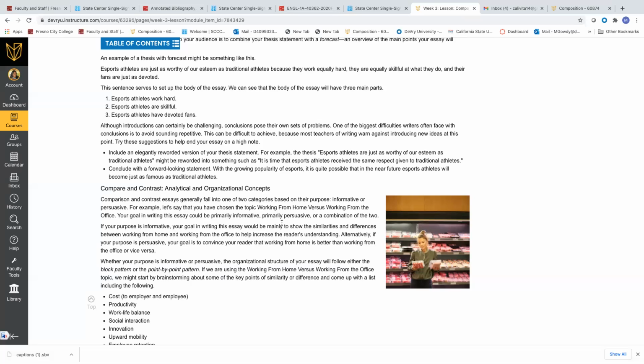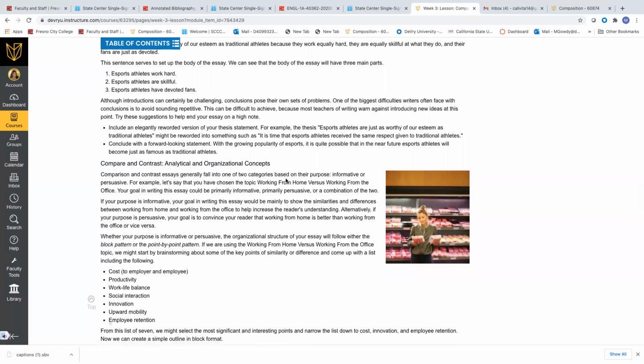For point by point or alternating paragraphs, you will emphasize the individual points of comparison and contrast rather than the subject as a whole. If you use the alternating pattern, you must decide how to order your points. For instance, by beginning or by ending with the strongest or most significant point. When you have a mixed pattern, writers typically mix subject by subject and point by point patterns. Such an arrangement provides variety and can make the points of the comparison and contrast much more vivid for the readers. So this just gives you a little bit of information on comparison and contrast aside from what you have